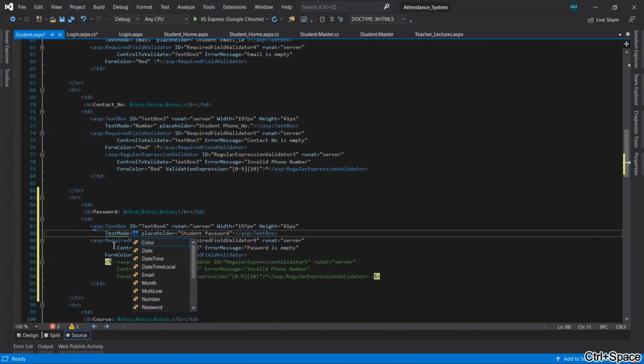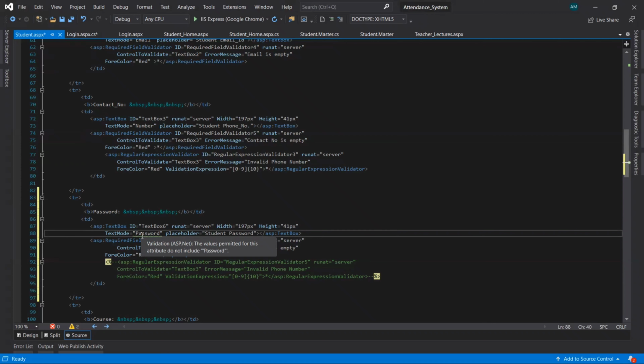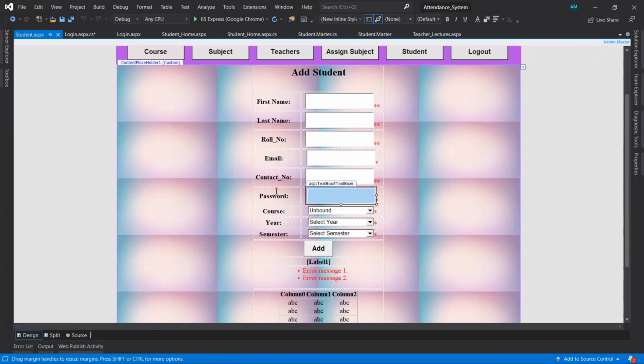TextMode equals Password. Now it will mark the entered text as a password, that is dots. Save it. Now the design part we have changed. Let's see in the design, we have added the password.